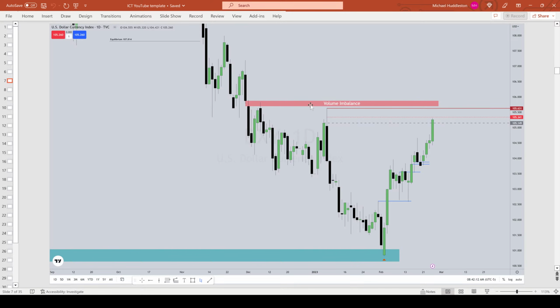Because these relative equal highs are most likely holding a large liquidity pool of buy stops, anyone that would be long on the dollar, it would be in their interest to see it go up here because they could offer their long position sold to the market to higher priced buy interest. So this buy side liquidity over here is where I think we're going, because there's a small little bit of a range between this candle's low and this candle's high. So it's not just this area here. There's several factors there. The fact that we have relative equal highs, there's no bodies in the volume imbalance, and we have a small little separation between this candle's low and this candle's high.